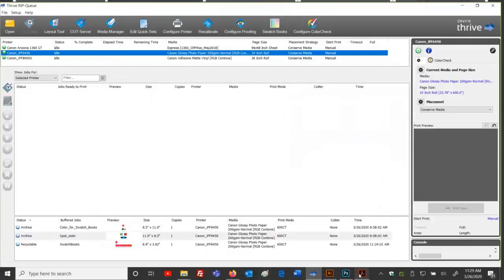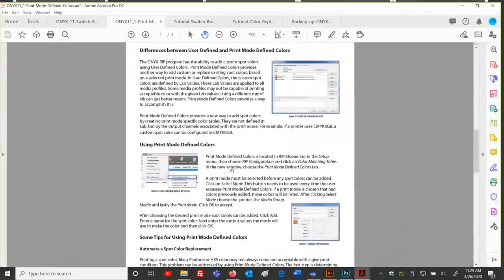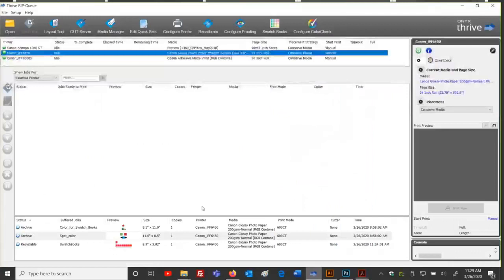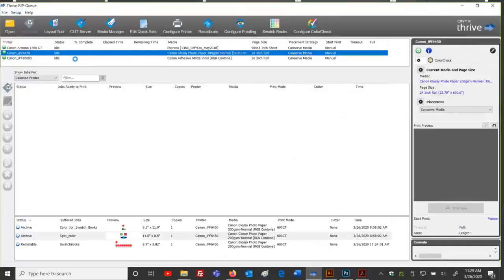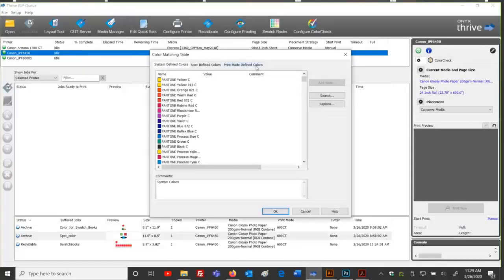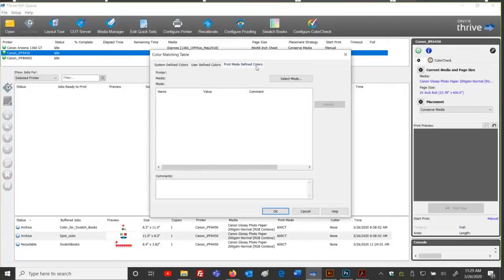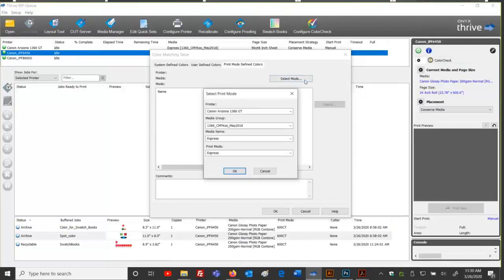So in my document, I'm going to add that name with the recipe that prints below the square into my print mode define colors. So in my RIP, I'm going to go to Setup, RIP Configuration, Color Matching Table. My third tab is my print mode define colors. I'm going to add that recipe for the red that I wrote down here and said is the perfect match. Select the mode.